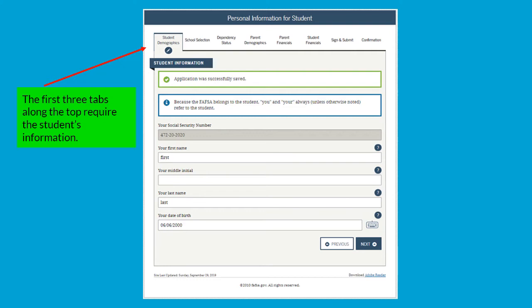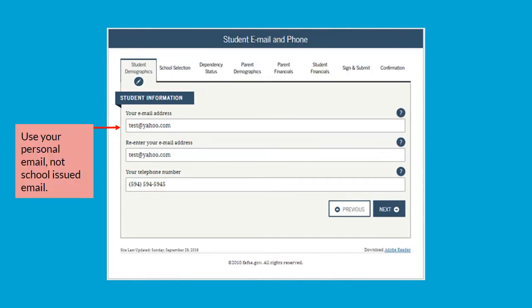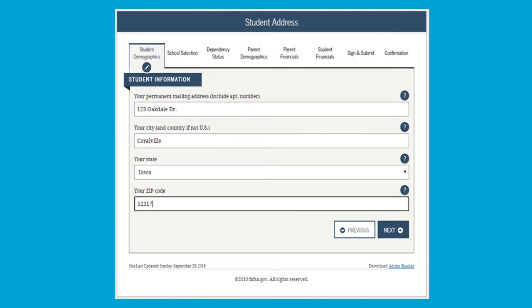So the first three tabs will be the student information. This information should be input already from the FSA ID. So you will just click Next. Again, make sure you're using your personal email address, not your school-issued email. Your permanent mailing address,